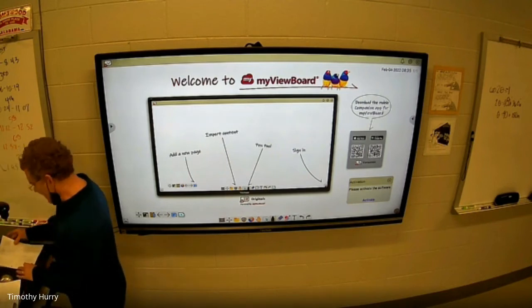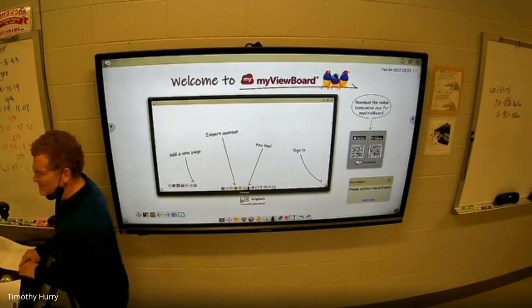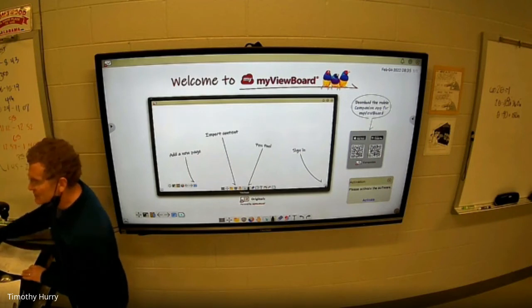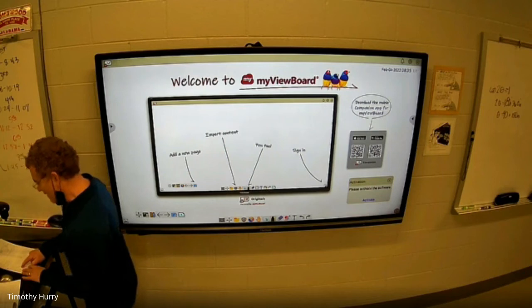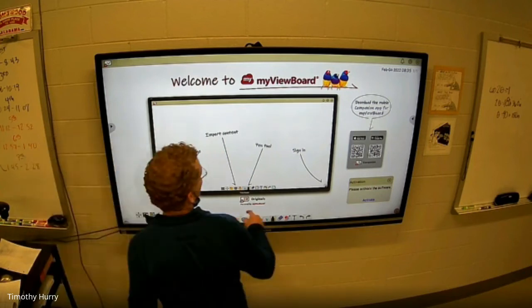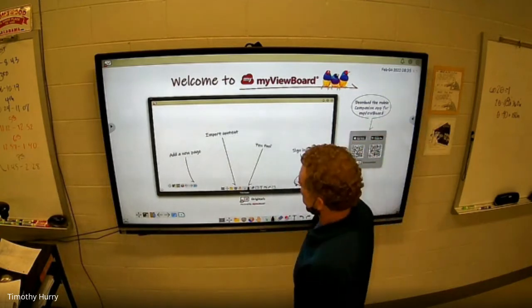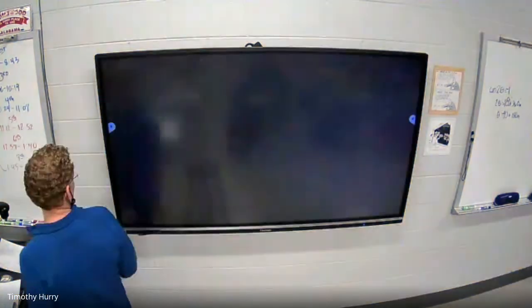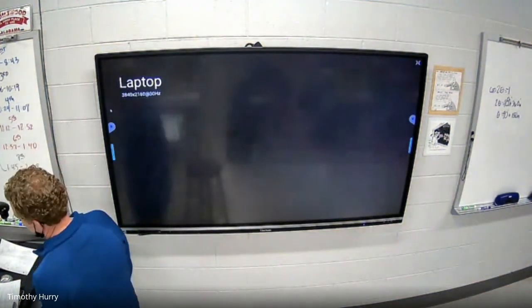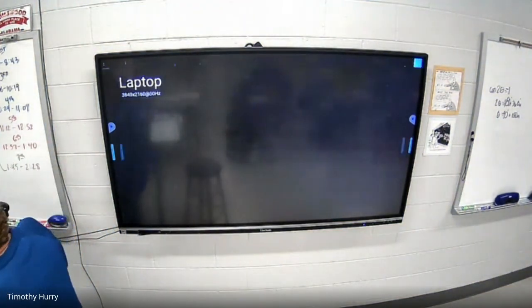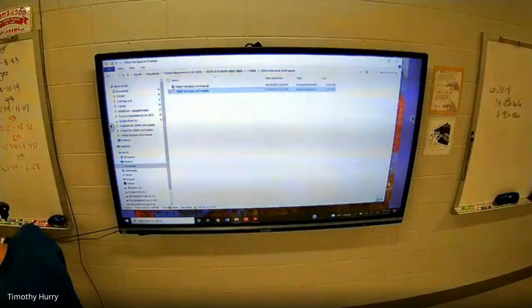Okay, so I did this. So 37, I said if x is 2 sine theta, which is what they gave me, then the sine of that would be x over 2. We can't see the board. Oh, sorry. So if x is this,